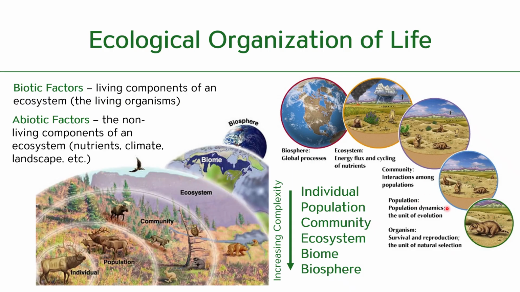A population is now a group of organisms of the same species. So it would be like all of the humans at our college, all of the ash trees at our college, all of the squirrels at our college, things like that. A community then looks at all of the living things in the given area. So it would be all of those species groups that I talked about before. So the population of humans, the population of bees, the population of trees of different species, all of those in